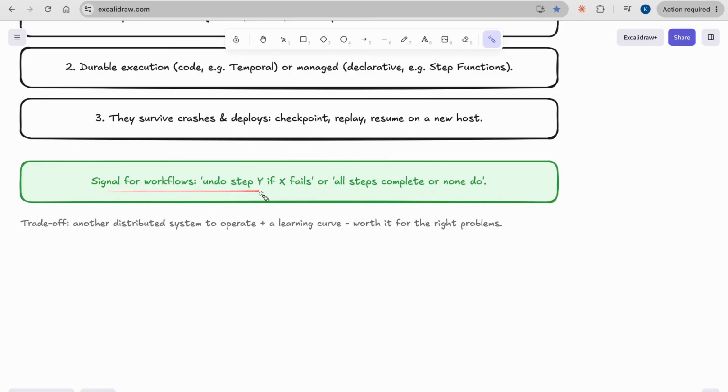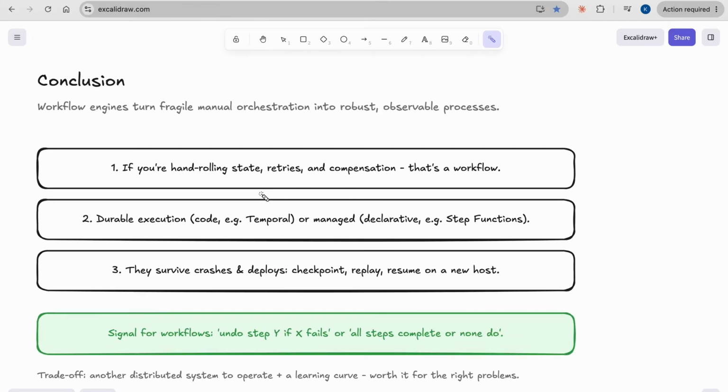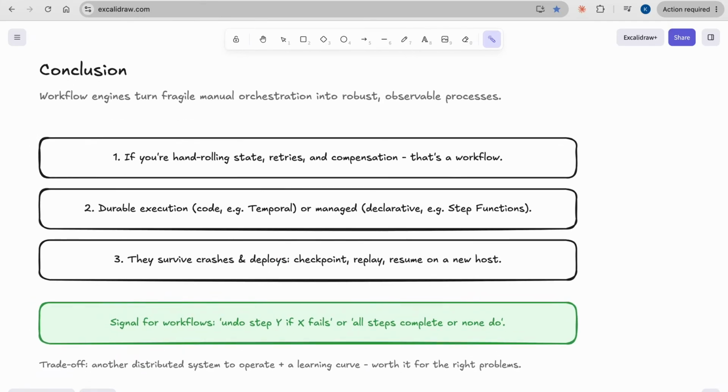We have signals for workflows, and compensation: undo step 5 if x fails, or all steps complete on undo. So this is the conclusion and the learnings from this pattern. Hope you get the intent of this pattern, and know at least now where to use it.